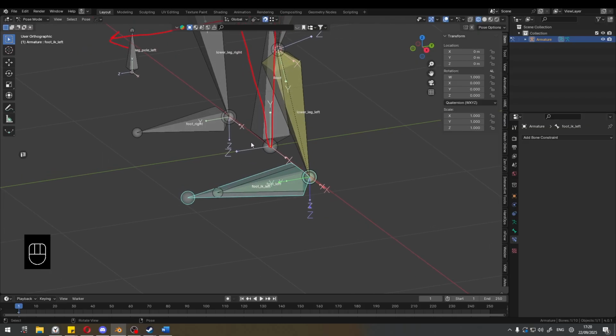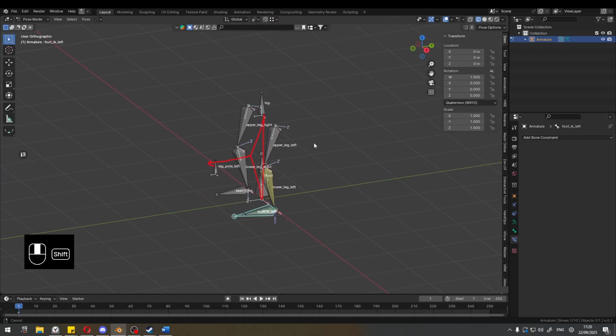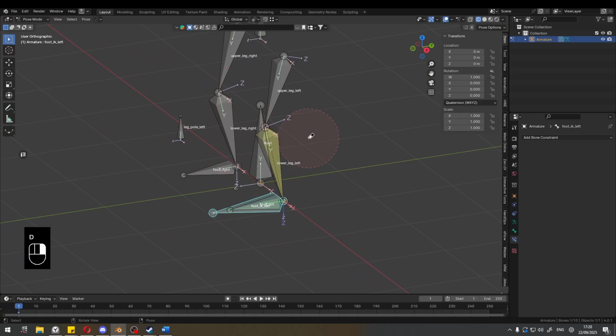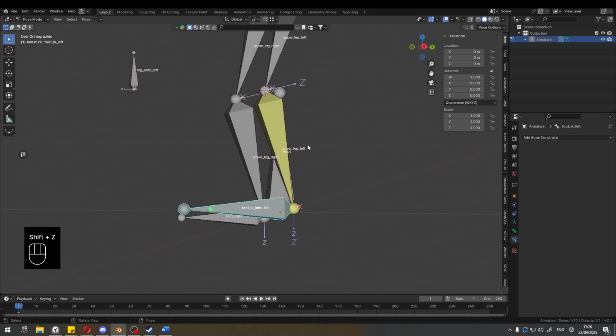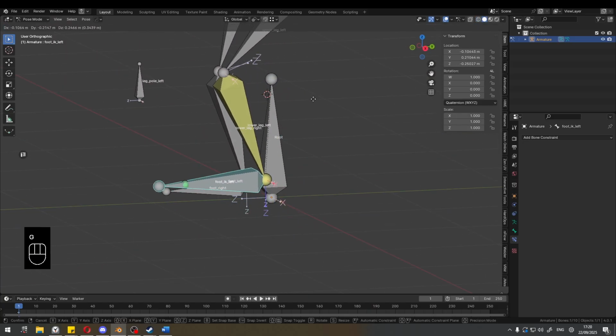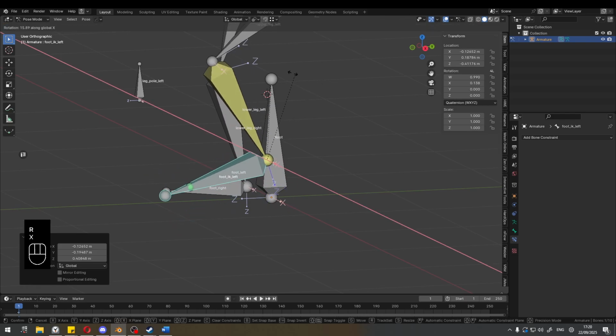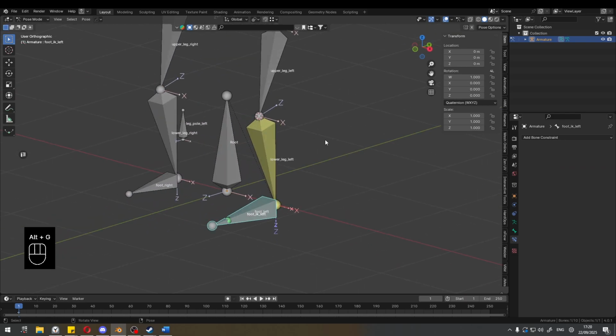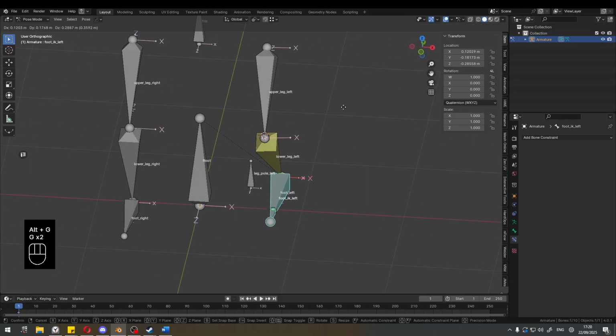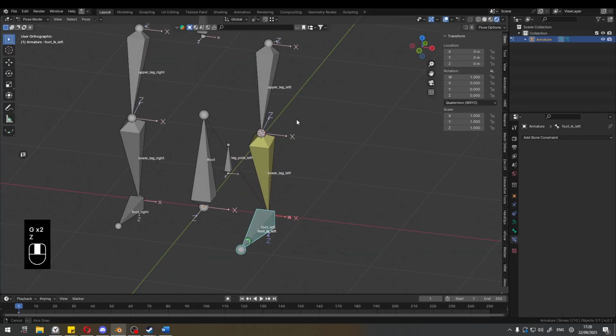So now if I rotate the leg and if I move along, oops, let me disable the snapping. By the way, if you want to disable the snapping, the shortcut for it is Shift Tab as shown there. Or you can click on it here to toggle it on and off. So I'm going to erase this illustration real quick and go here. And if I move this, notice that the leg is moving, and if we rotate, the foot is also following along. And we have pretty much made an IK control, but notice that if we move around,